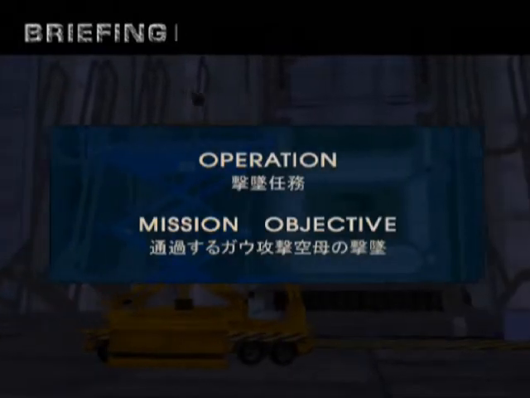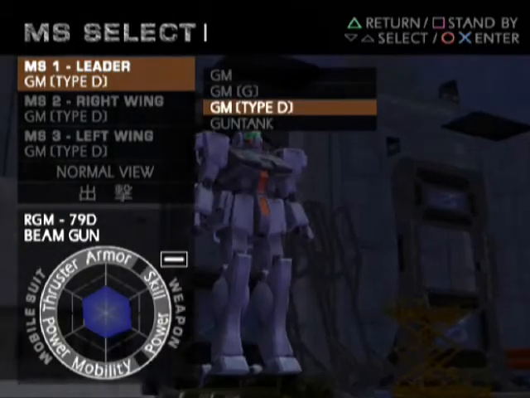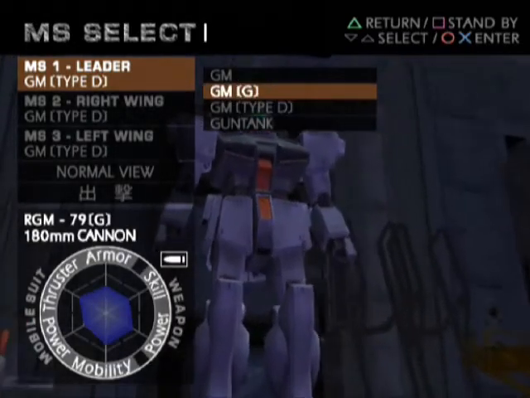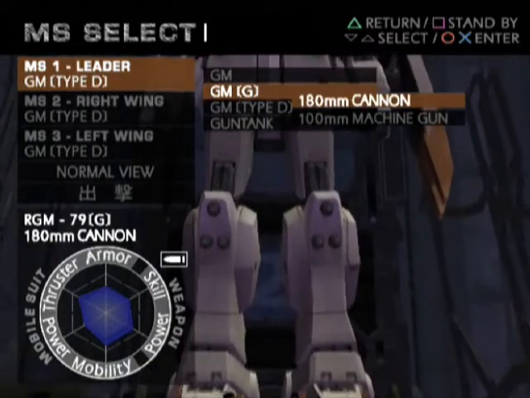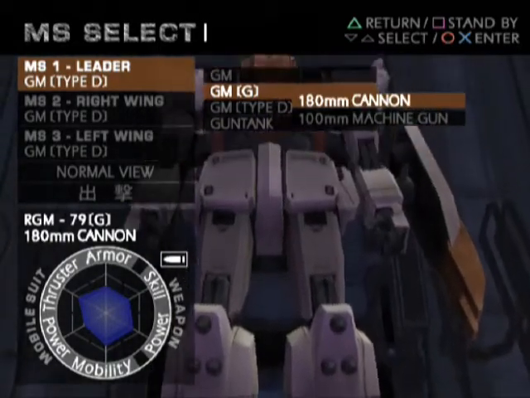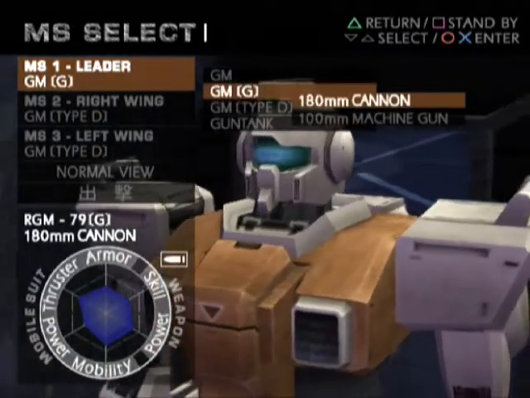So basically, this mission is to take out a Gao that's going to be flying through the canyon area. The new mobile suit we have is the ground type GM. Great. Its only weapons are the 180mm cannon and 100mm machine gun. Well, since this is going to be a shoot down the...